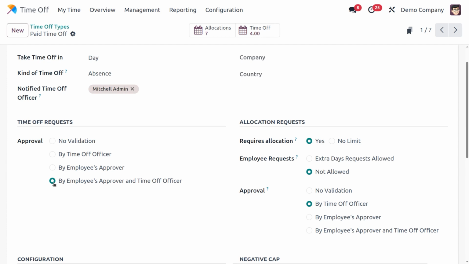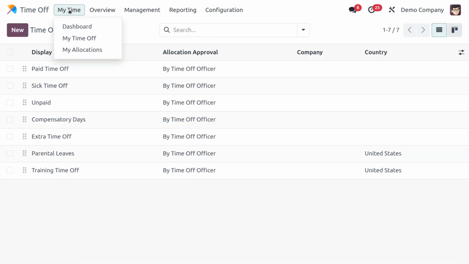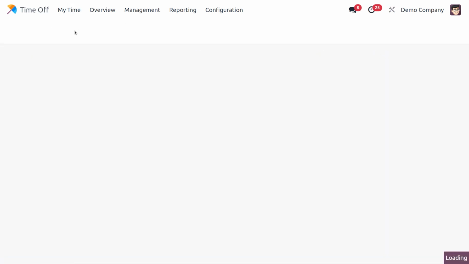When you're looking at your timesheet, you will see those days filled in, showing that you were on time off under the designated project or task also. So here I'm going to simply check on the no validation and save this manually, and move back to the previous page. Go to the My Time dashboard, and we are in the previous page, the calendar view.